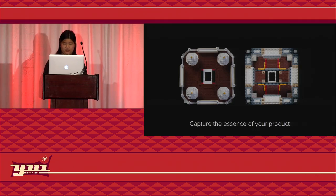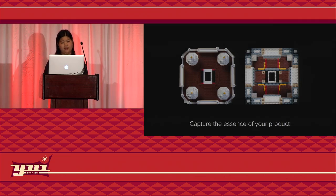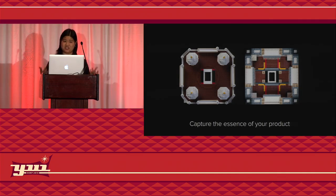And as you're distilling requirements, as you're fleshing out your use cases to prototype against, capture the essence of your product. So the intention of the Taj Mahal was to actually honor the emperor's favorite wife, who's buried at the center of the structure. And you can see that I talked about how this Taj Mahal is actually a symmetrical